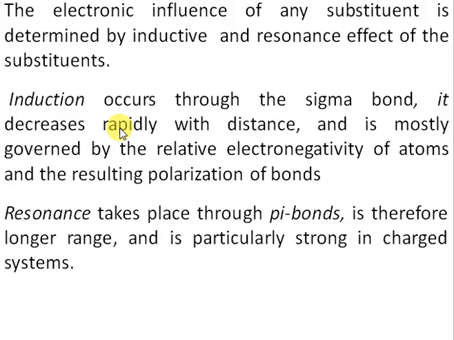So this is the factor that any substituent, if it's attached on the benzene ring and you want to predict whether this will withdraw electronic density or donate electronic density, then the electronic effect of that substituent is determined by the inductive effect and resonance effect. So just keep in mind that inductive effect operates through sigma bond, inductive effect is distance dependent, and inductive effect is influenced by the electronegativity difference of the atoms, whereas resonance effect takes place through pi bonds and